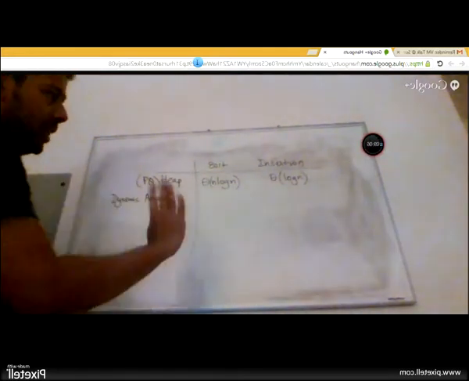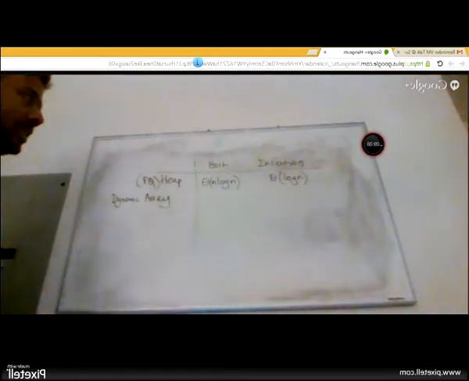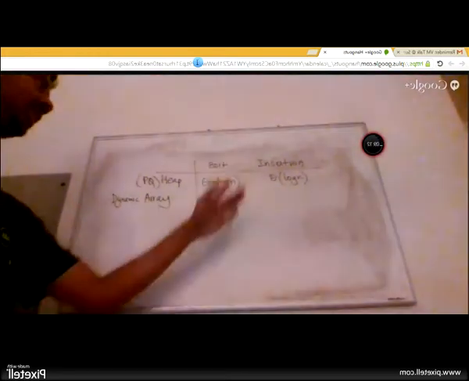What would you do if you had a dynamic array? And when I say dynamic array, it means don't worry about array resizing. How long would insertion take and how long would sort take? Insertion would take like constant time.